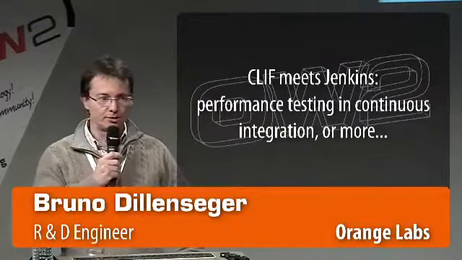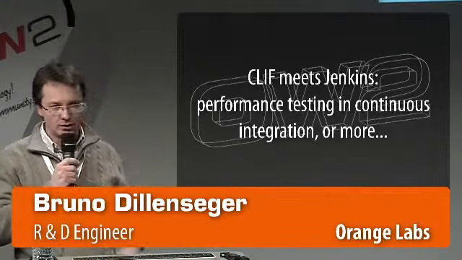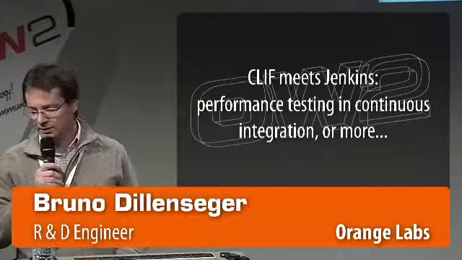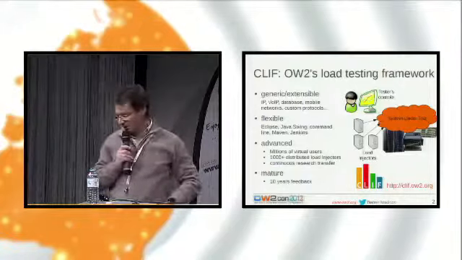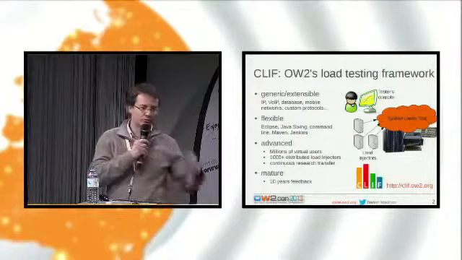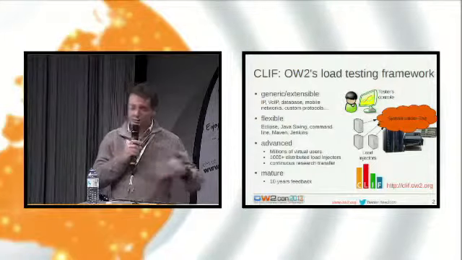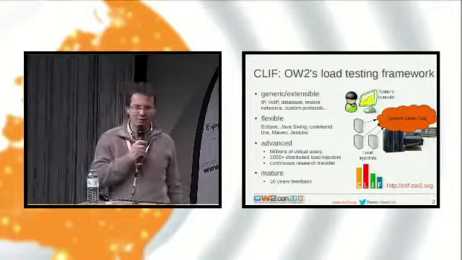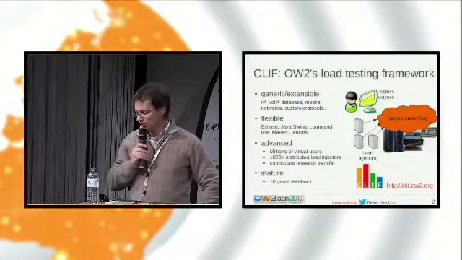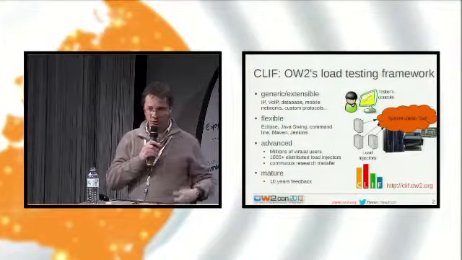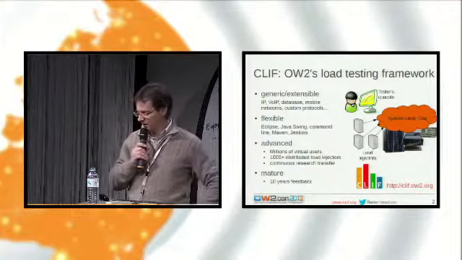Cliff is an OW2 project dedicated to performance testing. And it's a framework, which means that it's very adaptable. A load testing and performance testing system consists of having load injection machines, the 3 boxes here, that generate some traffic of any kind of protocols on any kind of system under test. So this is not really a cloud, it is whatever system under test. And these load injectors will generate requests according to a given protocol and a given workload.